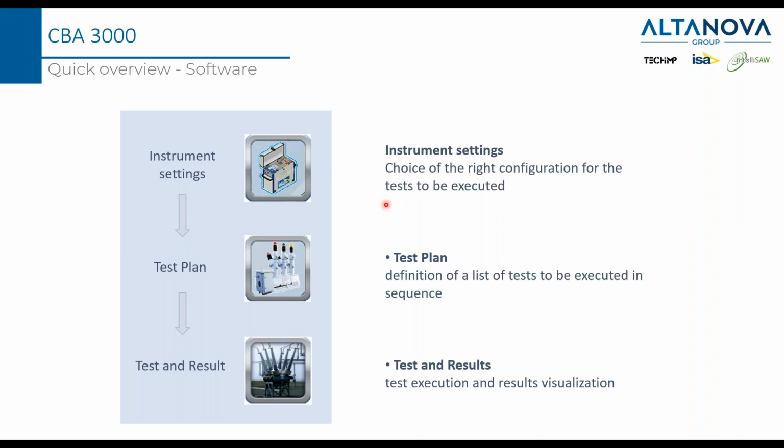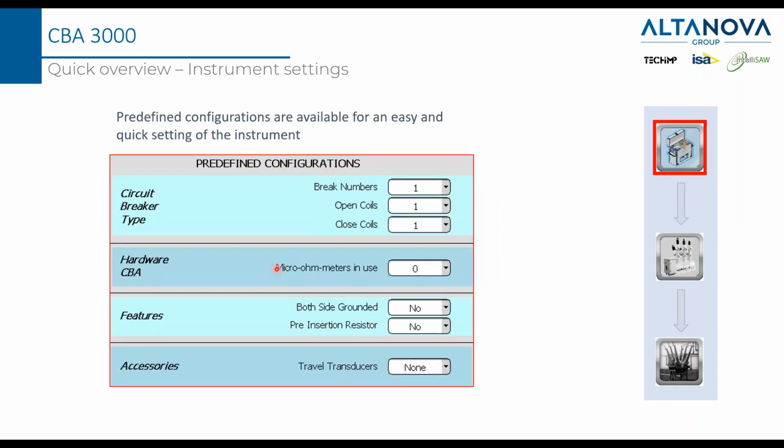So there are the instrument settings, because it's a programmable device, so you have to choose the right settings for your test. Then you decide a test sequence you can save and execute in a row. In the end, there is a test and result section where you can see the final result of your test. So this is a device that is able to do many functions,